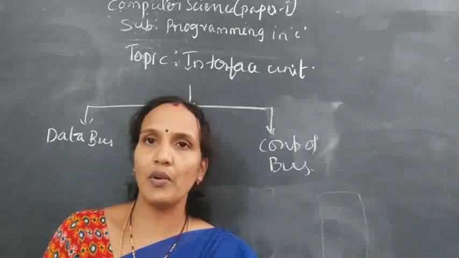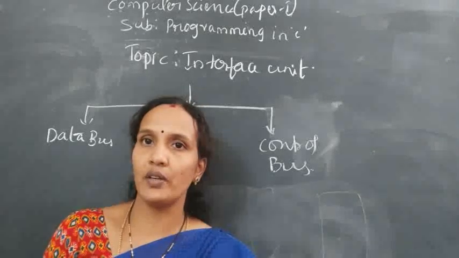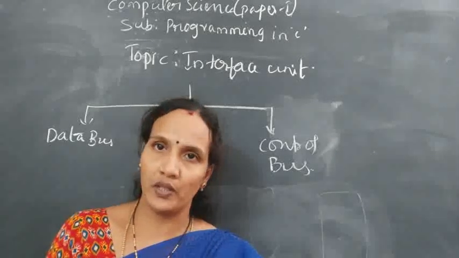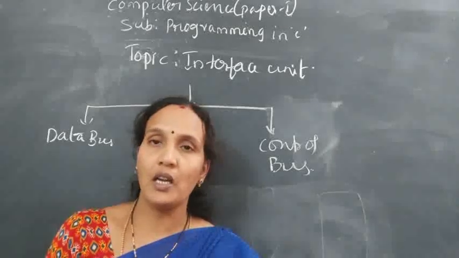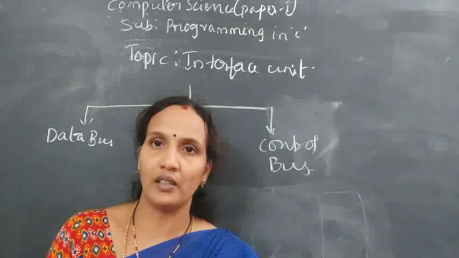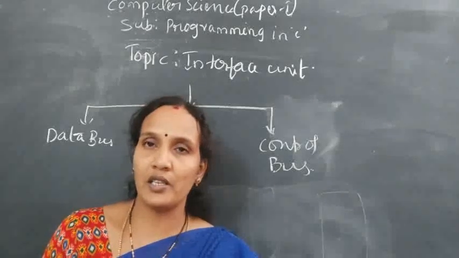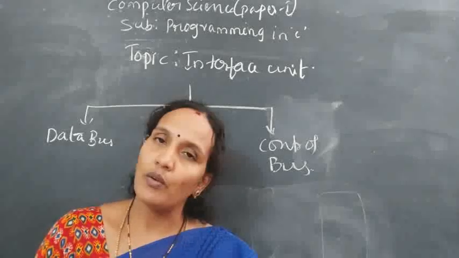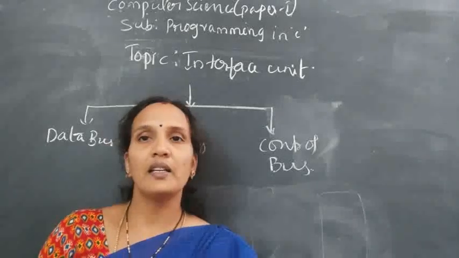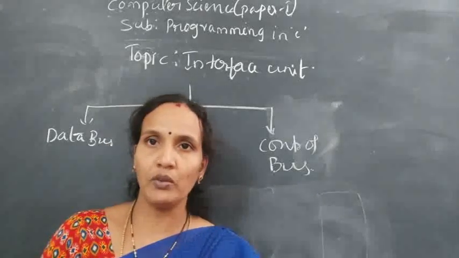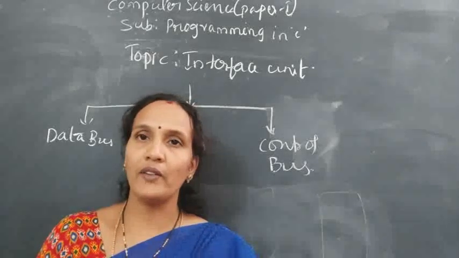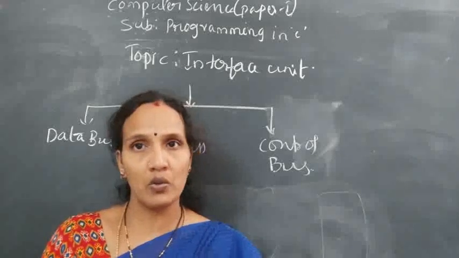Okay, so this is about your interface unit. What is the interface unit? The interface unit provides a connection between the CPU and different units of the system. Those different units can be your memory and different input and output devices. Depending on the nature of the work and the connection, how many buses do we have here? Three buses. One is the data bus, the second is the address bus, and the third is the control bus. The data bus transfers data between the CPU and the different units of the system. What will the address bus transfer? Addresses. When files are transferred from one place to another place, an address is also needed.